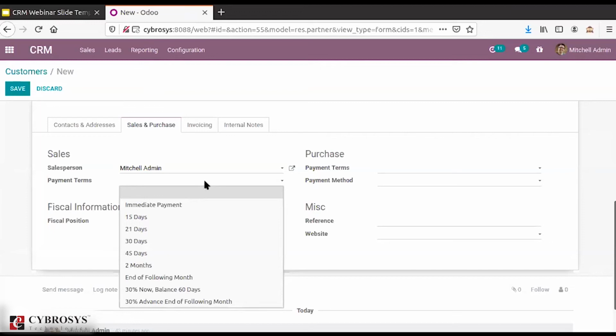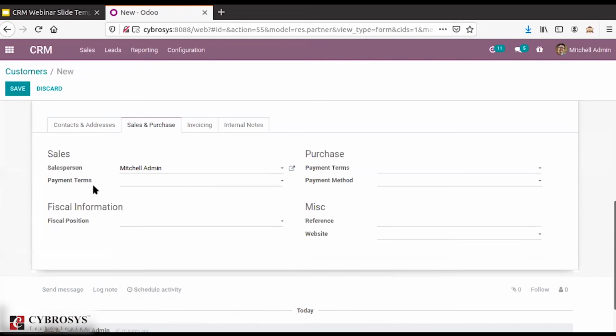They can be applied to sale orders and customer invoices. Here you can see certain options like immediate payment, 15 days and 21 days and other things. That is within how many days you are making the payment. So it is a certain set of conditions under which a sale is complete and paid. For that we have this option called payment terms.